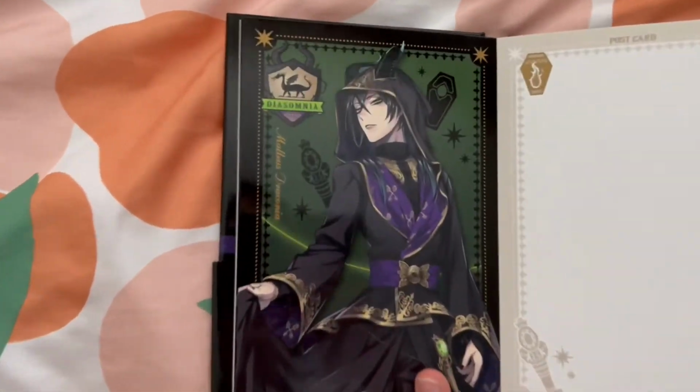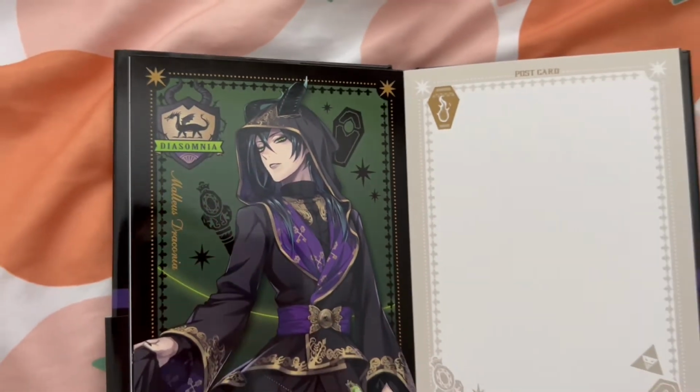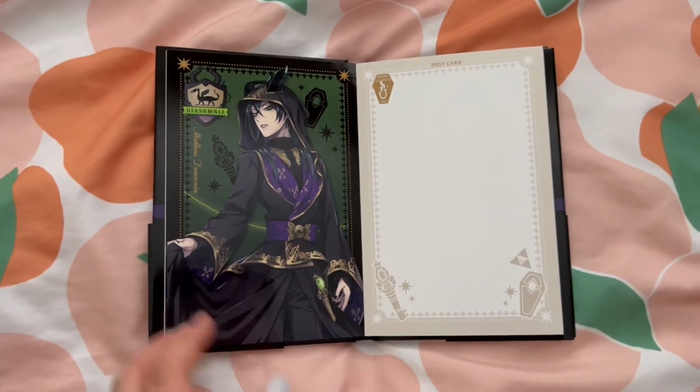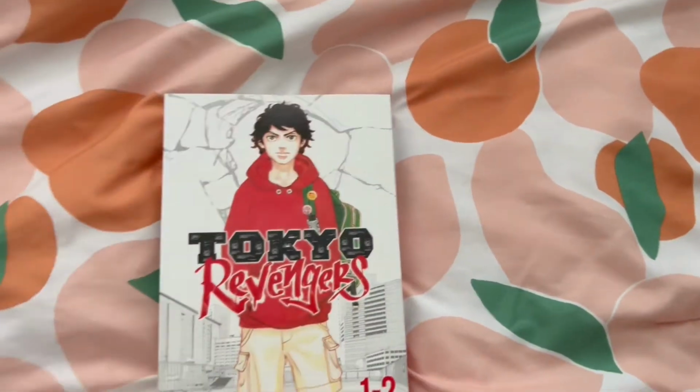Yes, I am. Oh, and here is my favorite one that I have designated as my favorite one because he gives me really strong, like, ukiyo-e vibes. I clearly have a type, but...